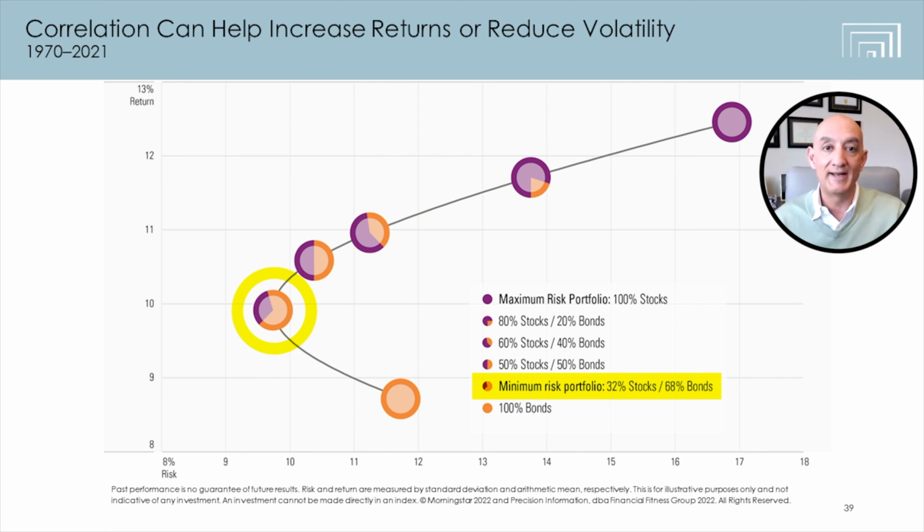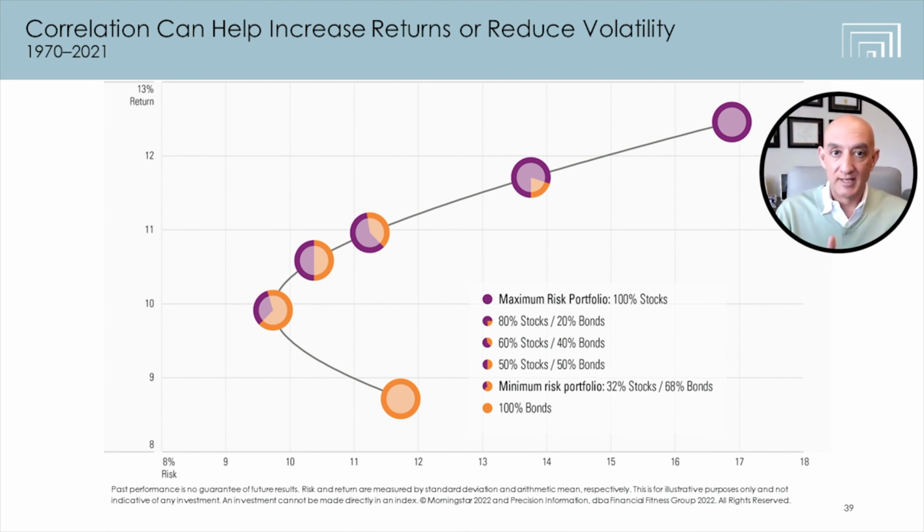But what surprises a lot of people is, even though you added a more volatile, more aggressive investment, you actually reduced the overall volatility of your portfolio. So why is that? How could you take something that's more aggressive and actually reduce your volatility? And the reason is correlation. These bonds are all moving up and down together, primarily with interest rate movements. Stocks move differently. So if you add a component in stocks to this all bond portfolio, you will actually end up with a portfolio that has slightly lower volatility.